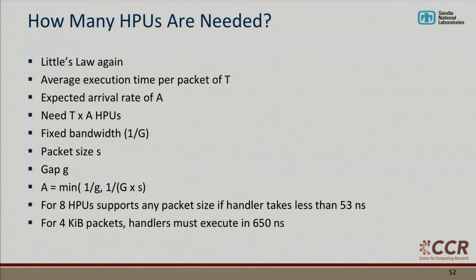Let me skip through some of this. Things like how many HPUs are needed. We have an analysis in the paper: if this is something that you really want to try to build from a network interface perspective, how many of those would you actually need? We looked at it, and it's actually a pretty modest amount, given the network statistics that we looked at. So 8 HPUs can support any packet size if the handler takes less than 53 nanoseconds. And for 4 kilobyte packets, they have to execute in 650 nanoseconds. Again, 650 nanoseconds, when you're talking about packet processing, is actually a fairly reasonable amount of time. And 8 HPUs is not